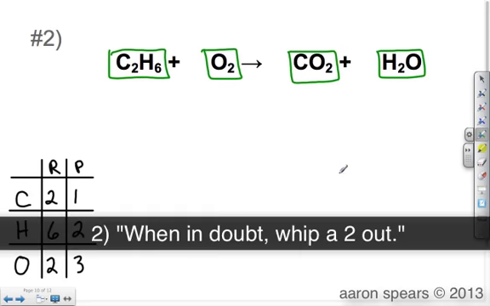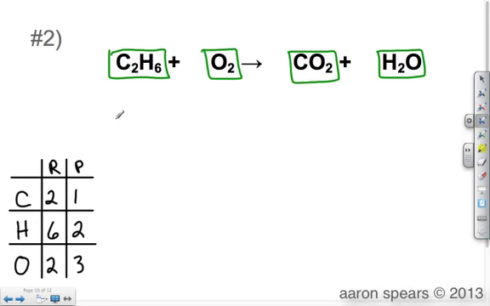When in doubt, whip a 2 out. And what do I mean? The 2 comes from the fact that you can maybe help yourself out by putting a coefficient of 2 at the beginning of your chemical equation. And what this means is we are going to double up the amount of ethane that we have in this equation. So I'm going to go ahead and put a second box here,